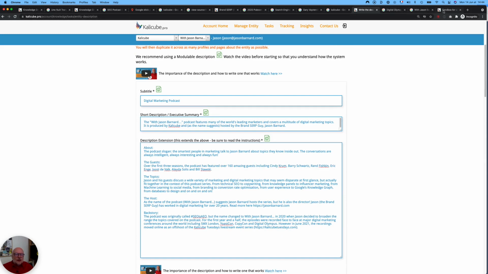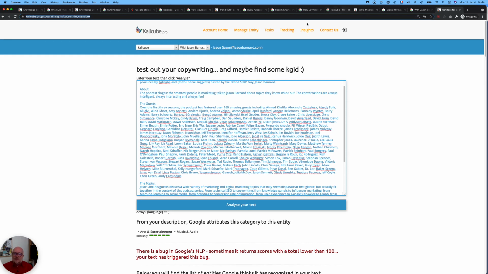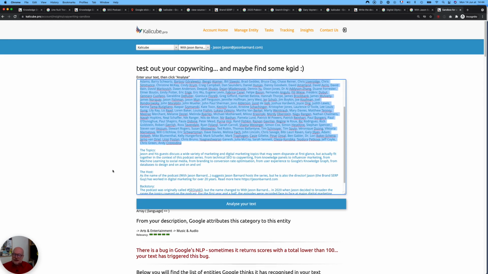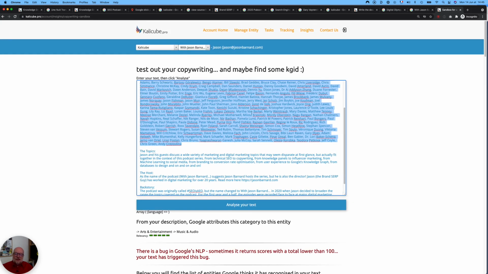And the last example I was going to show is this tool I've introduced, which is a sandbox for copywriting, so that you can test your descriptions and figure out what entities Google's seeing without having to put it in the description. So it's a separate tool in the Insights Copywriting Sandbox menu. And here, as you can see, I've just listed the guests, because what I figured out was that if I can create the context above and below, I can just list the guests here. And here, as you can see, we've got Jason Barnard once again. I wouldn't put the entire list of 180 people in my description for the podcast, but to just get their